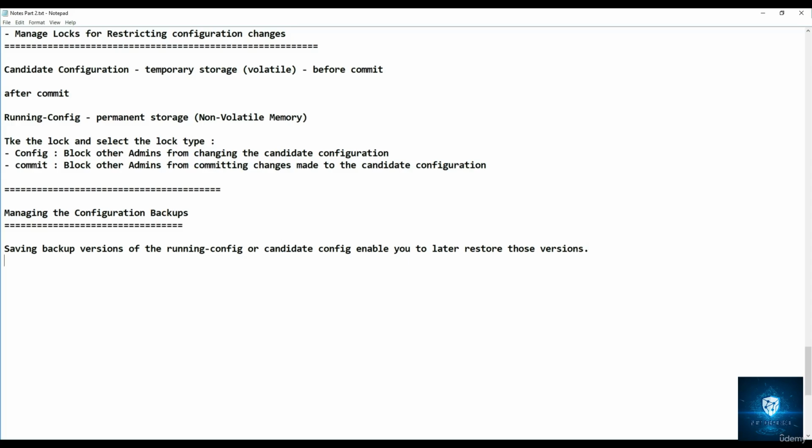That's an important thing. So once you want to save the backup versions of either the running config that you have in the firewall, or some candidate config, you can actually restore those particular files whenever you need them.